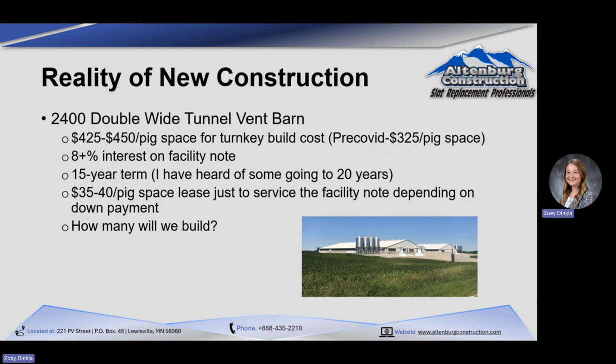And then just the reality of new construction. I helped build a lot of barns from 2017 to just before COVID. Our typical 2,400 double wide tunnel vent barn, when I was doing them through 2017, 18, 19, we were getting them built for $285 a pig space, all in, turnkey. That was land, site, well, everything. When we got towards the end of that period, it was probably up around $325 a pig space